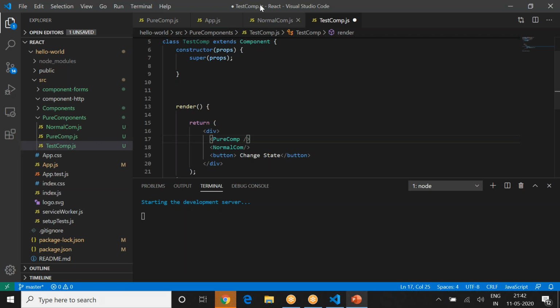Okay, so I'm just copying the code from there. It's pretty fast. Just a minute.